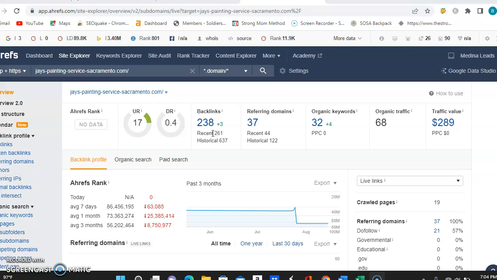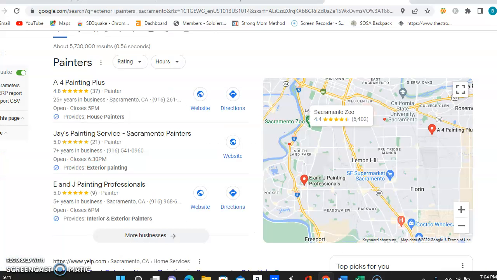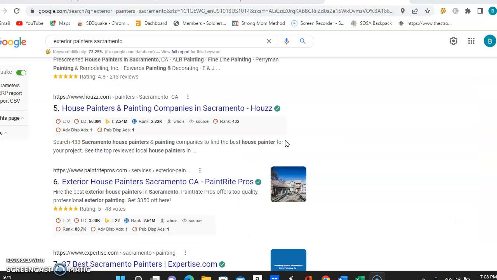Now, another thing I want to go over with you is citations. A citation is anywhere your business name, phone number, and address are shown exactly as your Google business profile shows it. Citations help you rank in this map pack here. And it's extremely important for local businesses since these can generate a huge amount of income for them. These citations are found on directories like Yelp, Angie, Expertise, BBB, and hundreds of others that you probably have heard of.